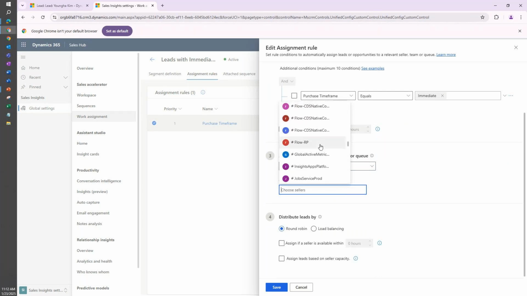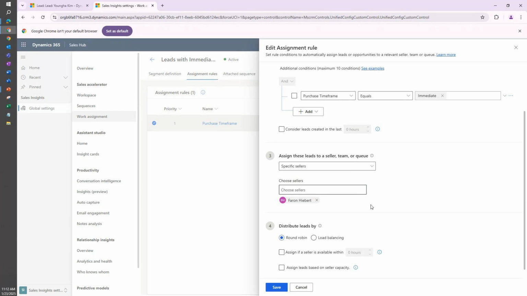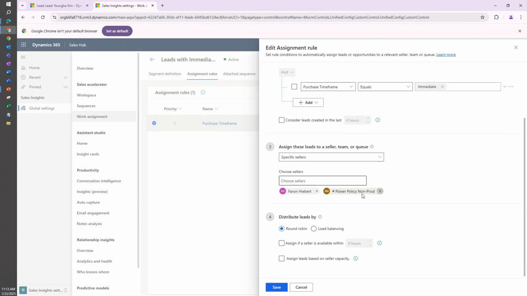So if I had set it to somebody else in my organization, like Farron, you can assign that, and you can also define more than one user within these parameters. Maybe you have users on different teams that you can't assign to a specific team. You can customize a number of users that you want to add,